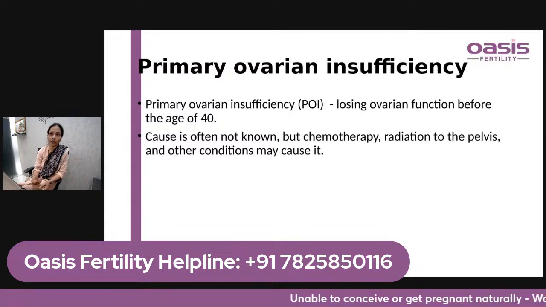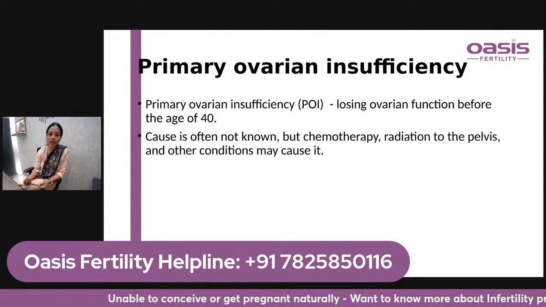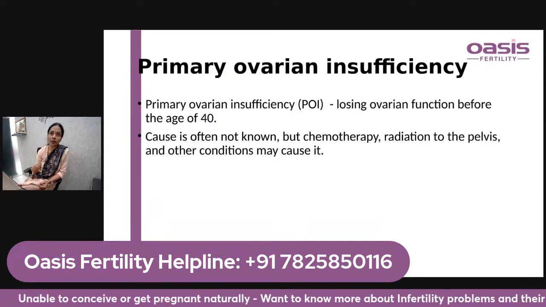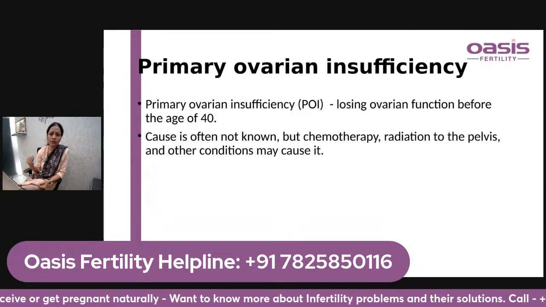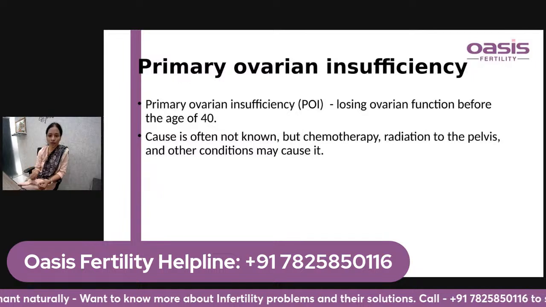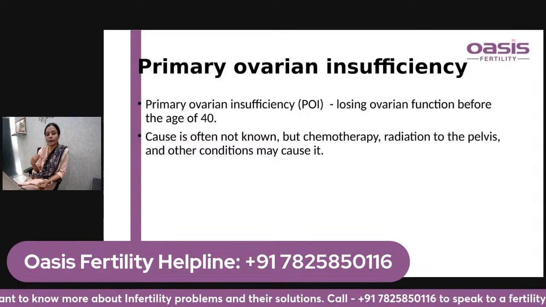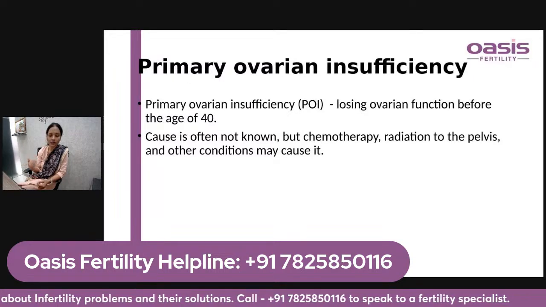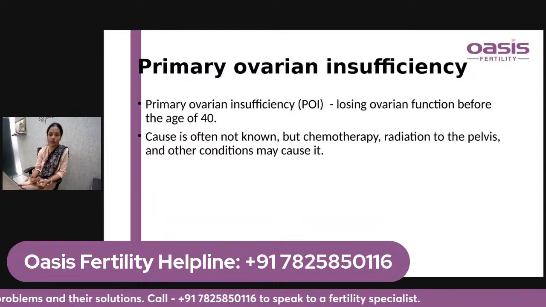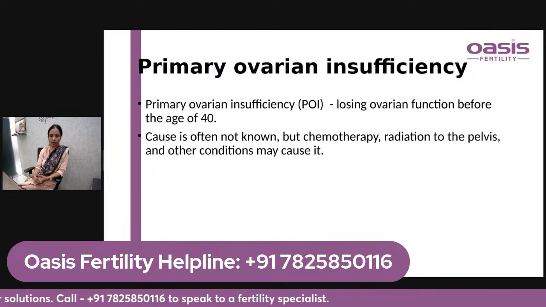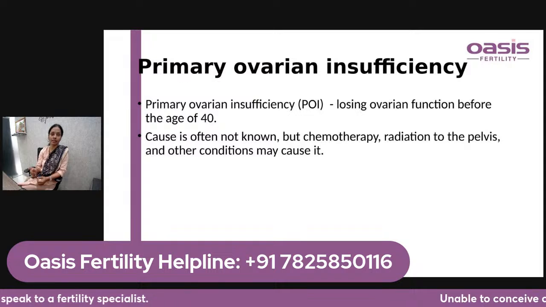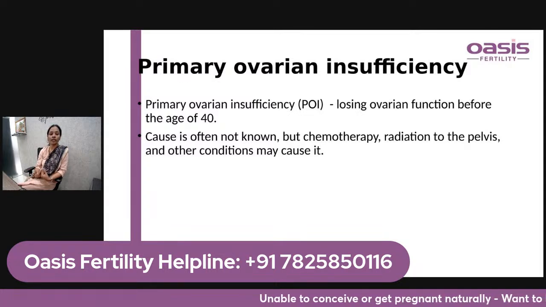If the woman is trying for the second pregnancy and is taking a longer break, or if her age is above 35 plus, naturally the ovary will lose its function. And also after 40 years there is a significant decline in fertility. So secondary infertility can be a problem because the woman has taken a longer break to plan the second pregnancy, hence we have to assess the ovarian reserve for the woman to understand if she is having